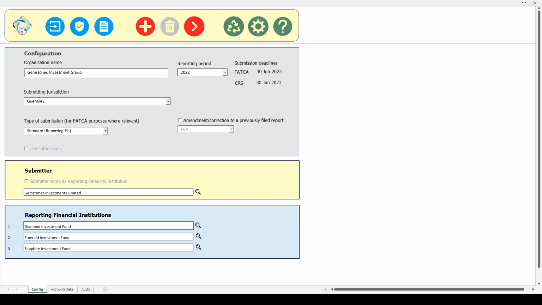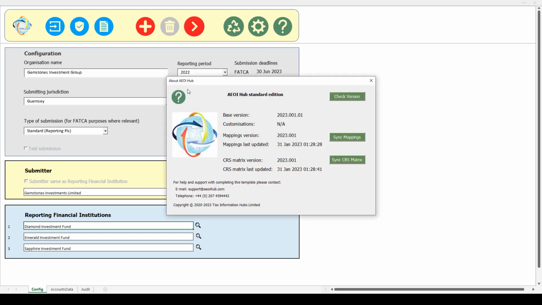If I click on the AOI Hub logo to display the about information, we've updated this screen and I want to show you some general features that we've applied across all of these style of screens that pop up. We've added screen tips to each button to show you information about what that button's doing, and we've made the colour green so that they're clearer, whereas previously they were grey and blended in maybe a little bit into the background. Hopefully these are clearer in terms of that they are buttons that you can click on.